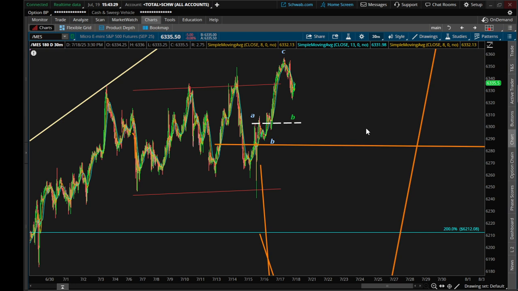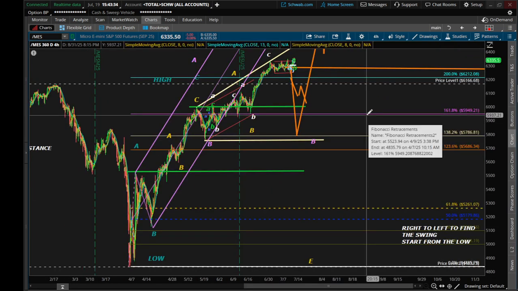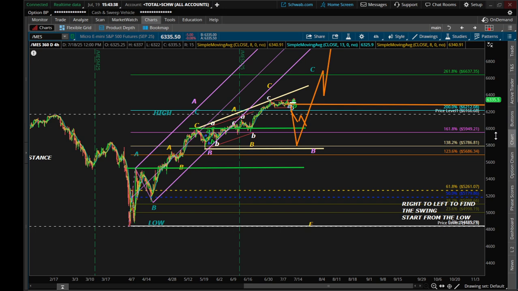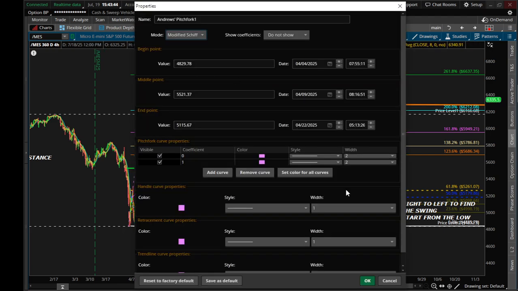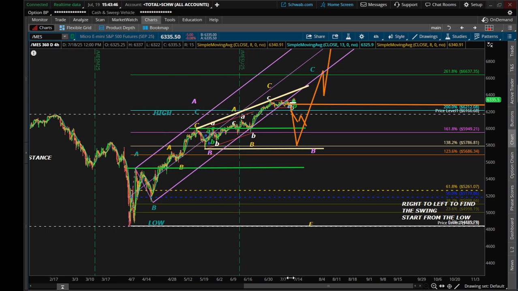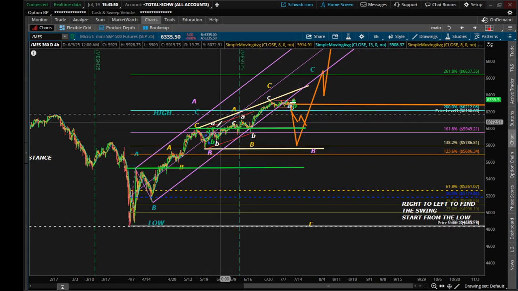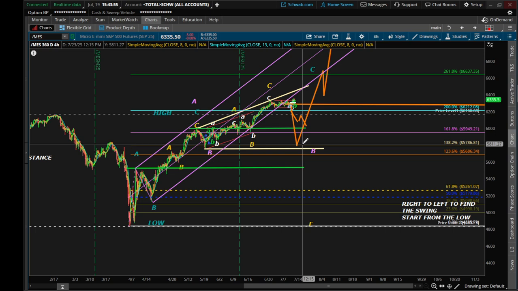Okay, let's move out to the 4-hour time frame. You can see on the shift we need to switch it to the modified. We have an A and a B. I'm predicting a triangle pattern here, A, B, C, D, E. A retracement down to